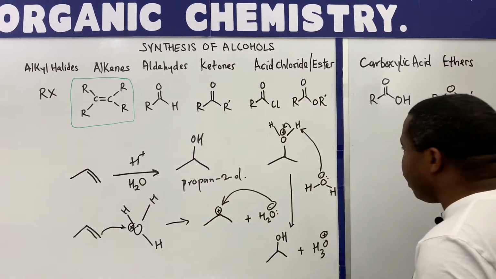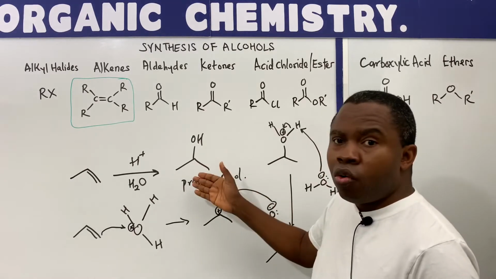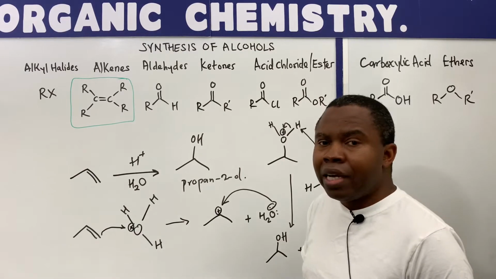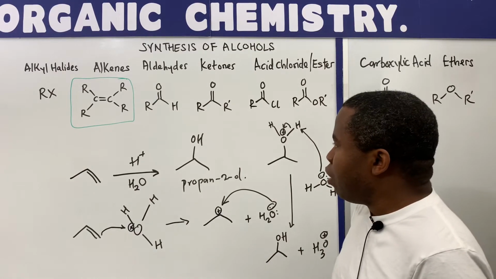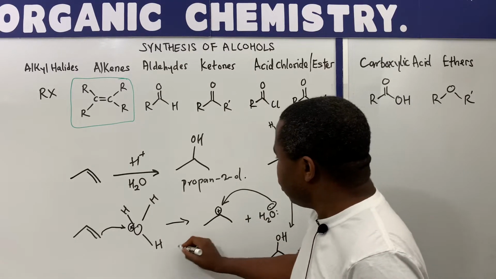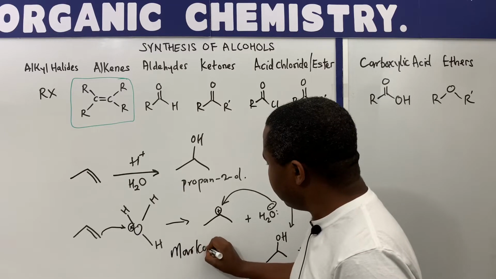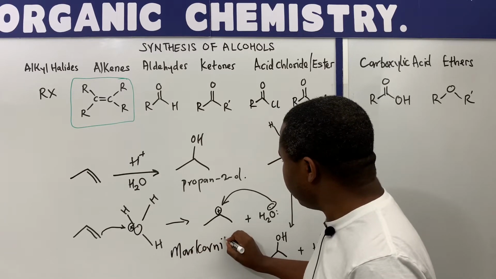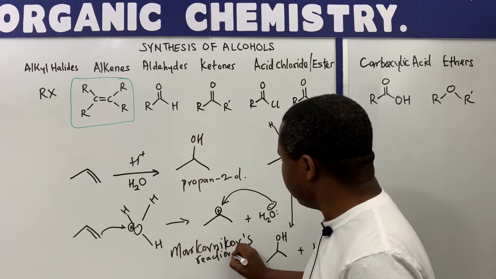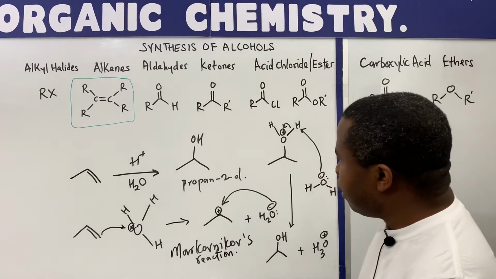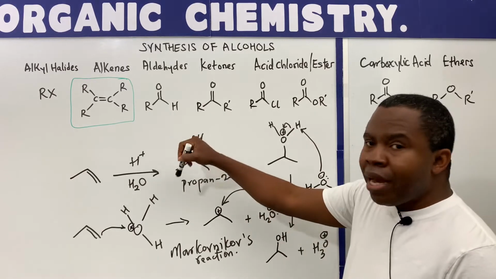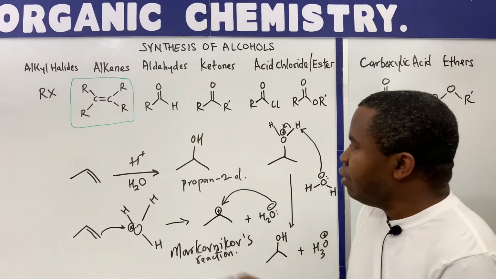And one thing you will notice here is that we have a secondary alcohol. If we do this reaction in the presence of light or peroxide, we're going to get a primary alcohol. So this kind of reaction is called an anti-Markovnikov reaction. And the simple rule of thumb for Markovnikov's addition across the pi bonds in alkene is that the hydrogen, because